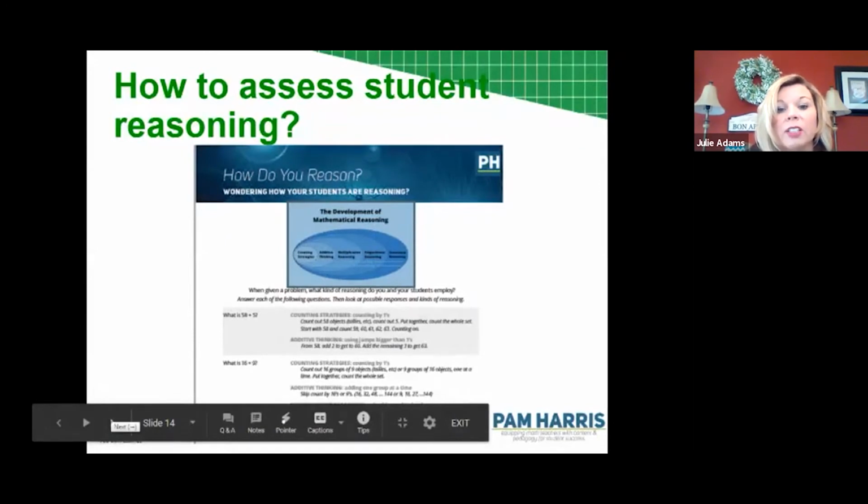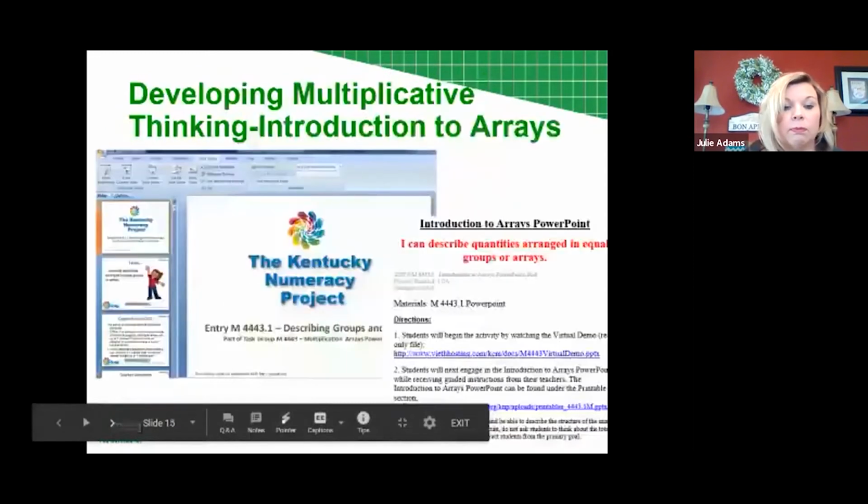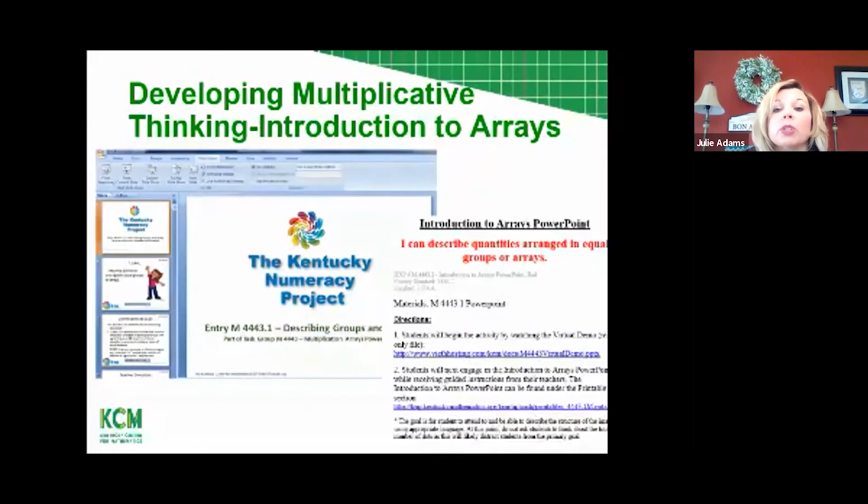I know somebody commented, it is sad how many upper grade kids are stuck in counting. So hopefully we can give you some tasks that you can incorporate so that we're really focusing on their reasoning and moving them past these counting strategies. All right, so how do we do that? We're going to really focus on developing multiplicative thinking,